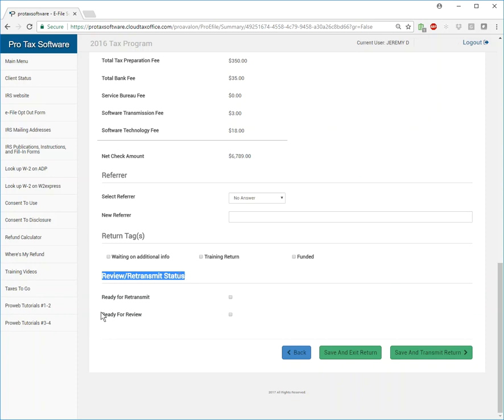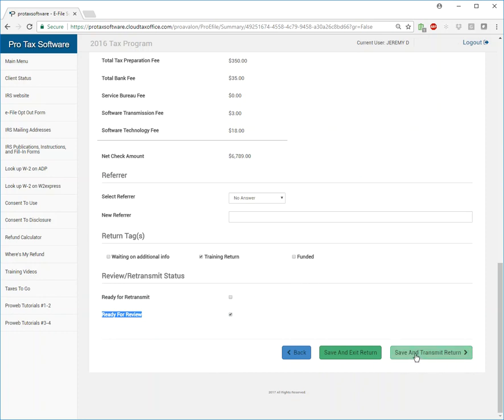Marking a return ready for review puts this return into a special queue for whoever has review capabilities within your office. You're basically saying, come and check my work, approve it or fail it. If it's approved, it will go into the transmission queue for whoever does the transmitting within your office. If it's failed, it'll get sent back to you and they'll say, hey, this copy of this ID is too blurry for us to accept, or what have you. Okay, so you mark that return for review. You could say that it was a training return, which this is, and whoever logs in after you, who either has e-file capabilities,